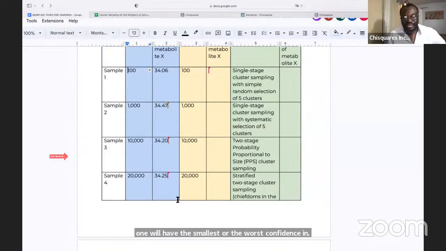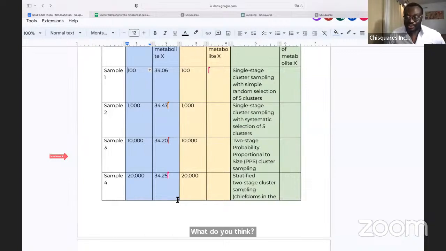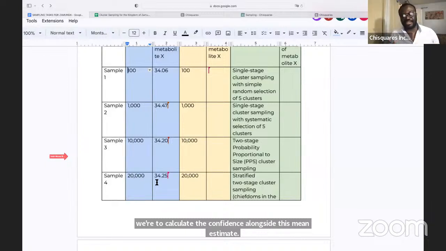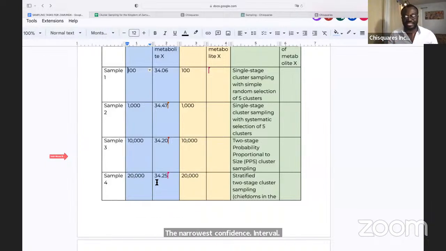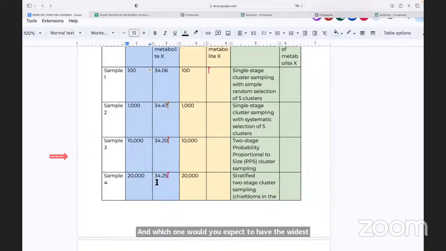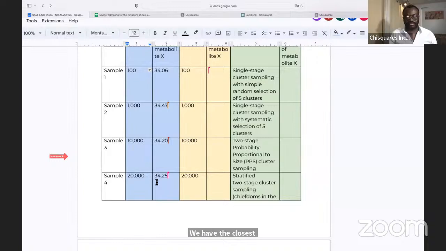What do you think? If we were to calculate the confidence intervals alongside this mean estimate, which one would you expect to have the narrowest confidence interval, and which one would you expect to have the widest? The one for 100 has the widest confidence interval, while the one with 20,000 samples has the narrowest confidence interval. Excellent. So the moral of the story from comparing this is,